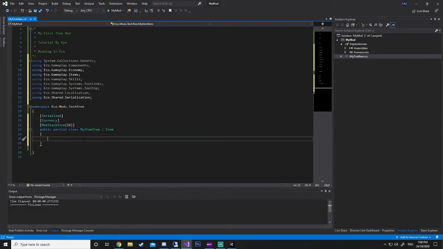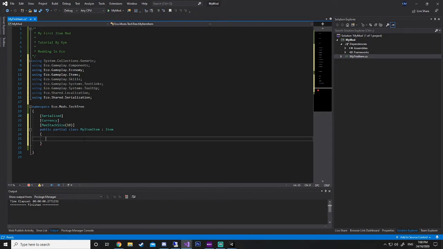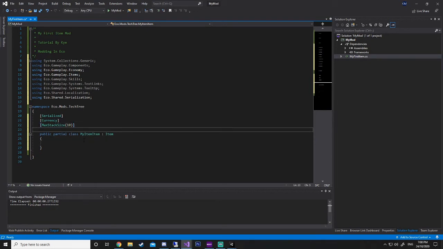So now in 8.3 we used to be able to go public override display name. Now they've changed it in 9.0, so if you're coming across from 8.3 this might be helpful for you. So they've got a new attribute called LocDisplayName, and it's just a string.